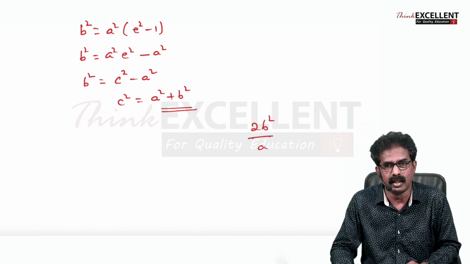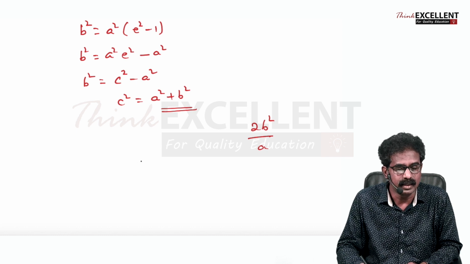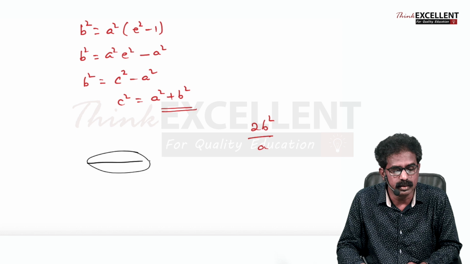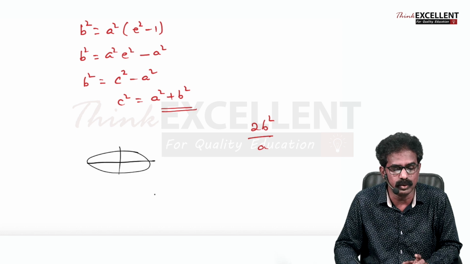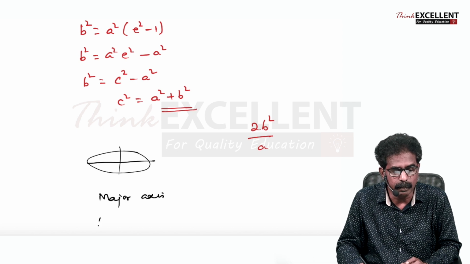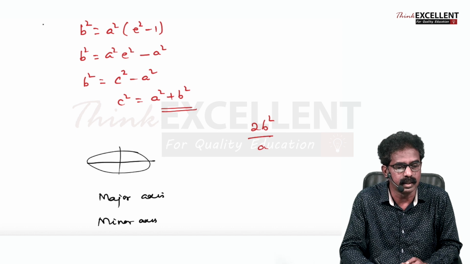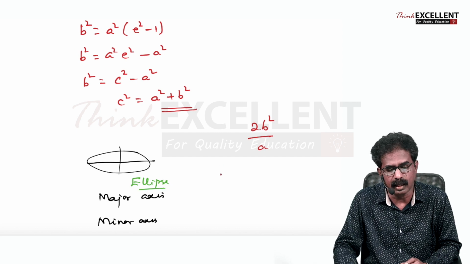And another thing, in ellipse, two axes, right? In ellipse, this axis is called the major axis and the other one is called what? Minor axis. So major axis and minor axis, in the case of ellipse. In the case of ellipse, we have two axes. Then in hyperbola,